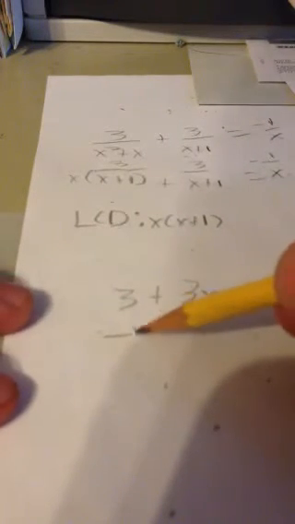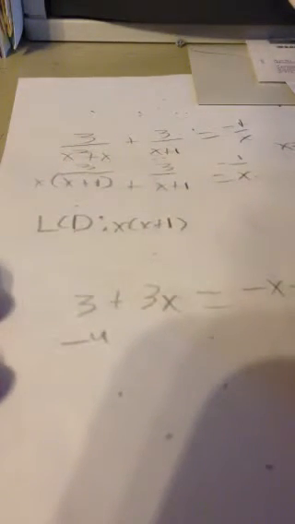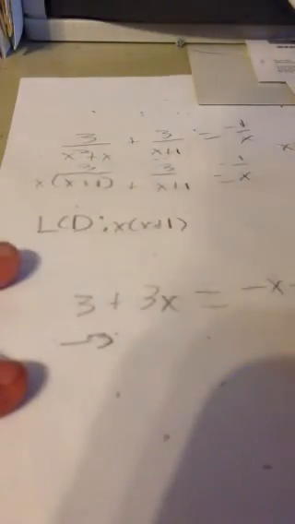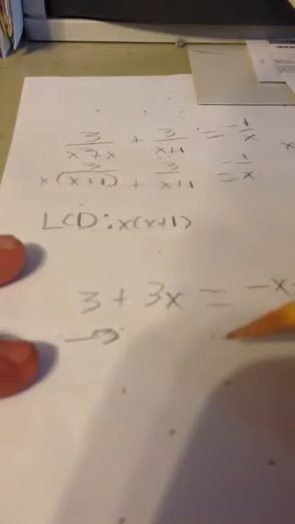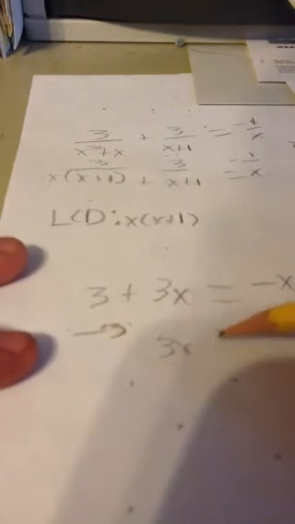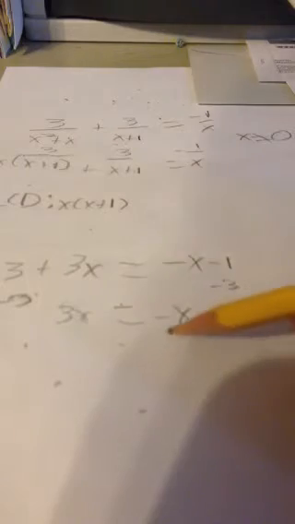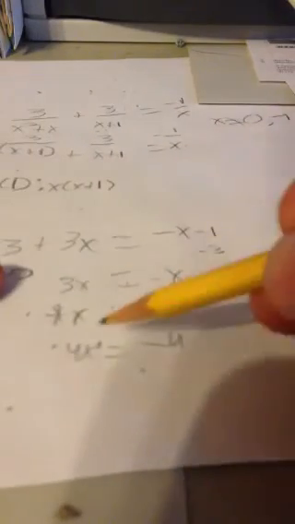Then you have 3x equals negative x minus 4, and x isn't completely isolated yet, so we got to add this x over here. And then we get 4x equals negative 4. Divide both sides by 4, and you get